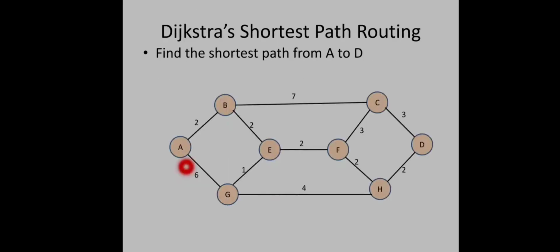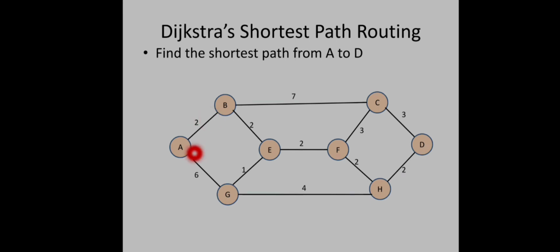We have a weighted undirected graph. Weighted means every arc is labeled with a weight. It may be the communication cost of this link, or the geographical distance between these two routers, or any other metric. We have seen different metrics, right? So every arc is labeled with a weight. That is why it is called a weighted graph. And these links or arcs are not directed. Directions are not given. That is why it is called undirected. The communication is bidirectional here.